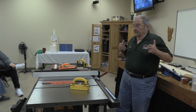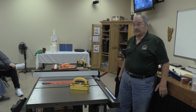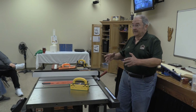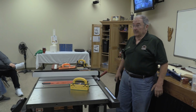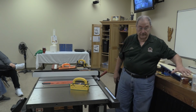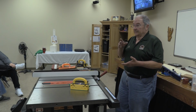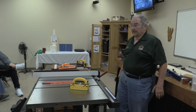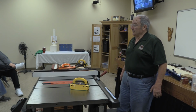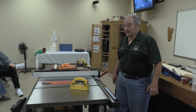I would heartily recommend you stock a first aid kit. What I did when I built this first aid kit for here: these ones that you go out to the grocery store or the drugstore and buy pre-assembled, about half the stuff in there is worthless. So you're well ahead of the game to just go ahead and get yourself a small tote of some kind and carefully select the supplies that go in it to be appropriate for your shop. Things like gauze, several different kinds of tape, items like